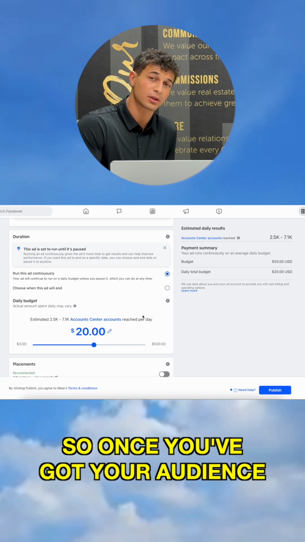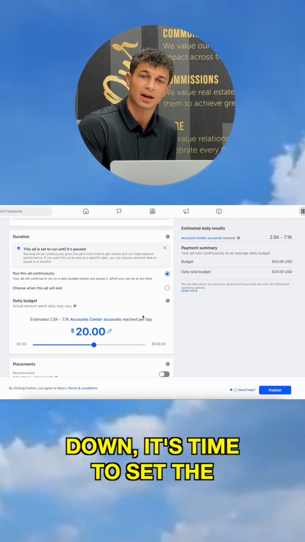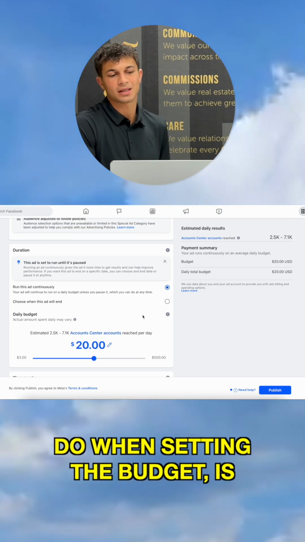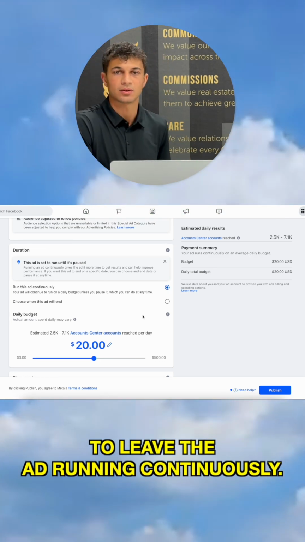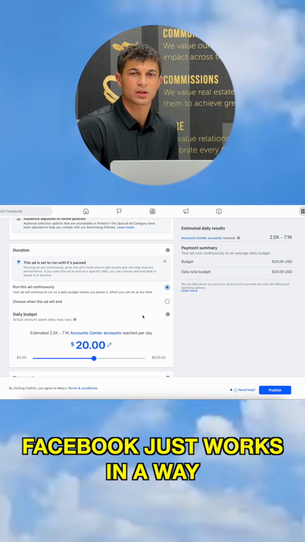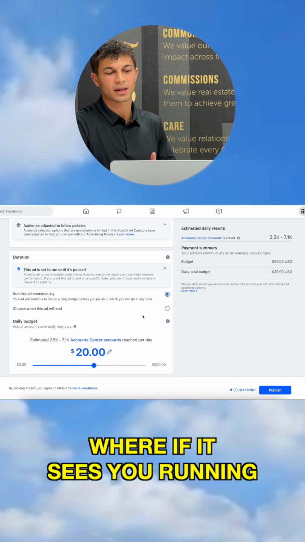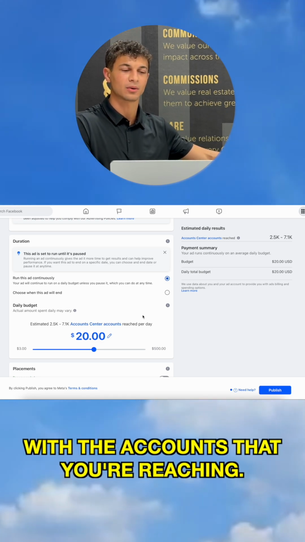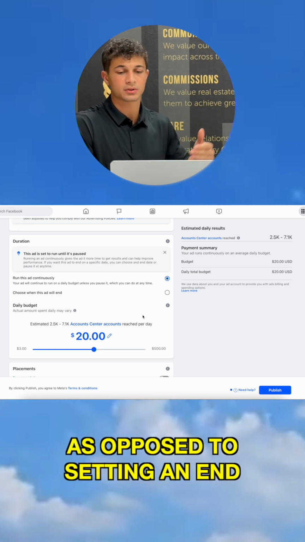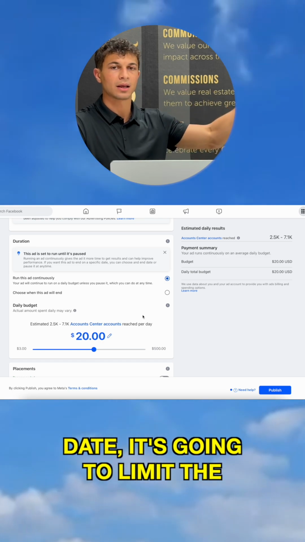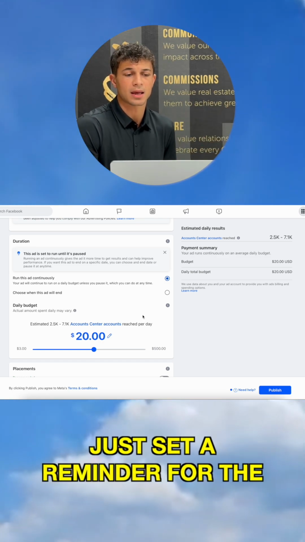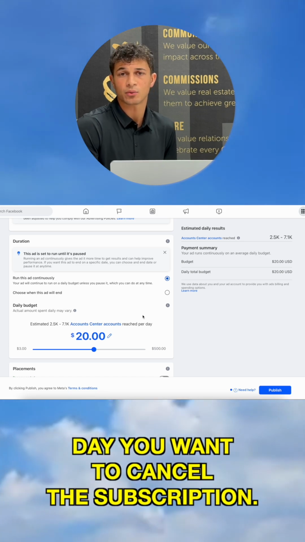So once you've got your audience down, it's time to set the budget. One thing you always want to do when setting the budget is to leave the ad running continuously. Why? Facebook just works in a way where if it sees you running the ad continuously, it's not going to slow down your momentum with the accounts that you're reaching, as opposed to setting an end date, which is going to limit the amount of accounts that you reach. So you want to just run it continuously and just set a reminder for the day that you want to cancel the